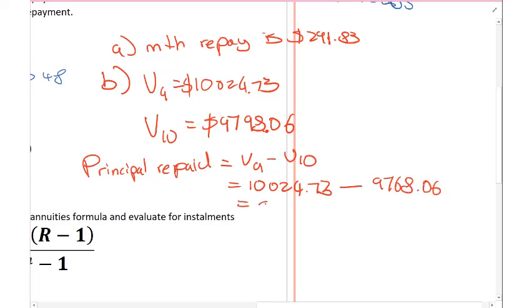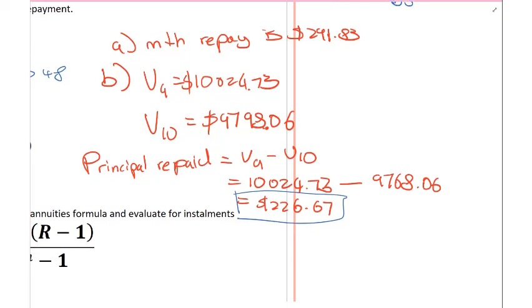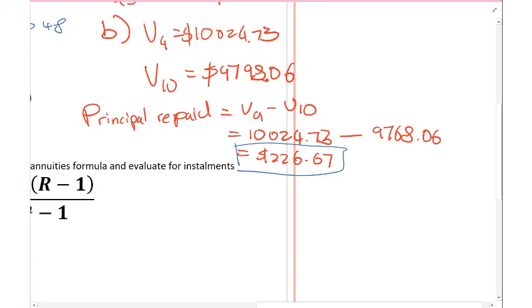That's going to be 226.67, and that's the principal repaid. So normally you'd want to write that in your 10th repayment, the principal repaid was $226.67,